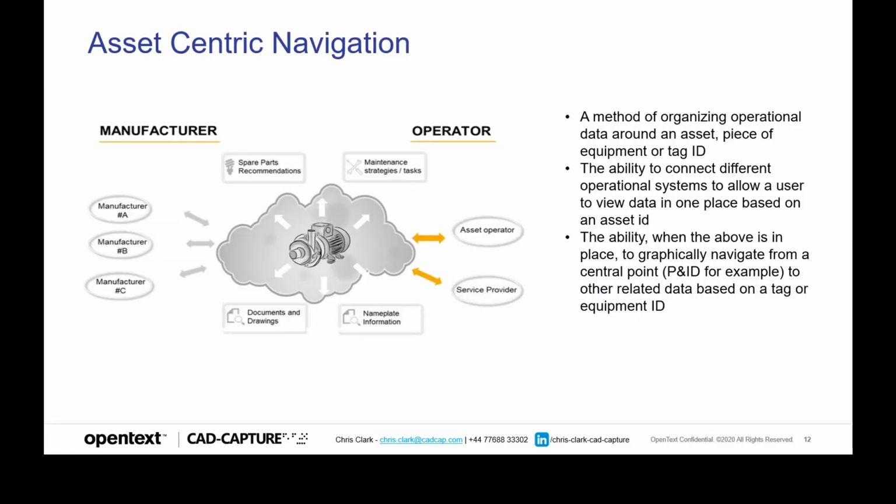Secondly, and really to achieve that level of data integration, we need to organize and connect the data within the systems around a unique and universal ID. In this case, focusing all data from internal and external systems around an equipment or tag ID. As the diagram shows, this provides a user with the capacity to focus all data searching and retrieval from a single entry, a tag ID, for example.